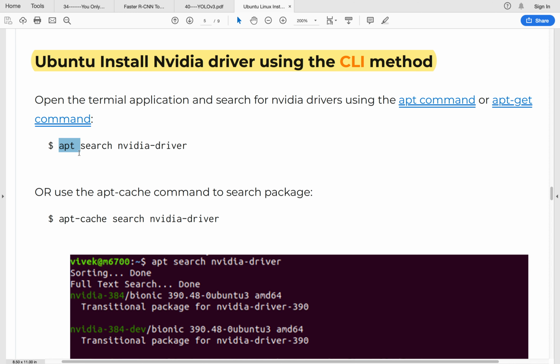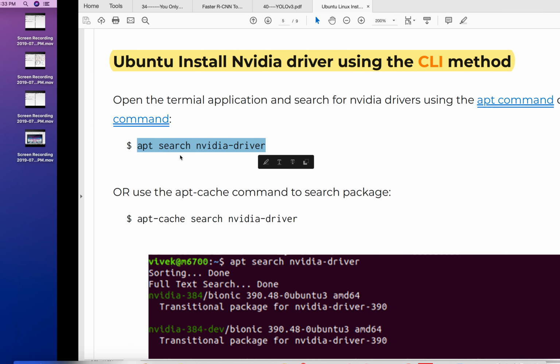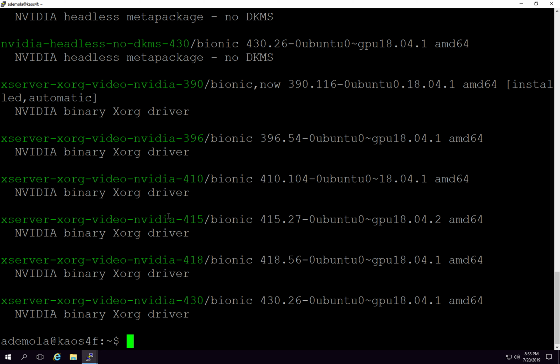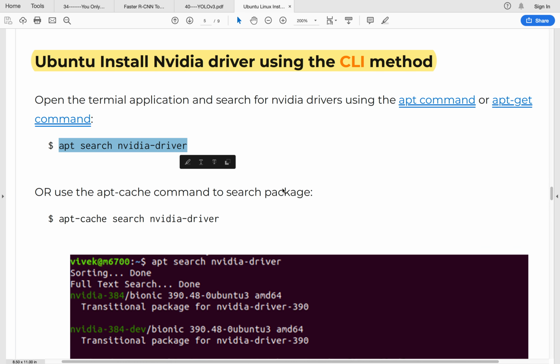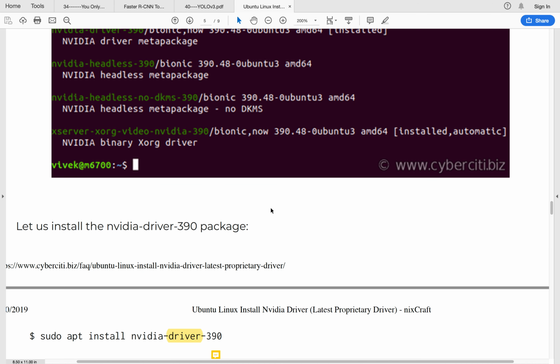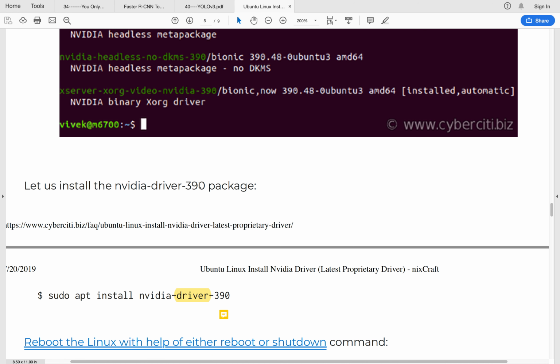So let's run this. You can do either of the two. So let's run this command. If you're able to see this, that means that you have the driver that supports that particular GPU hardware on your machine. So to search for the driver, and you have the driver, you get that result. Then the next thing is to run, you can install